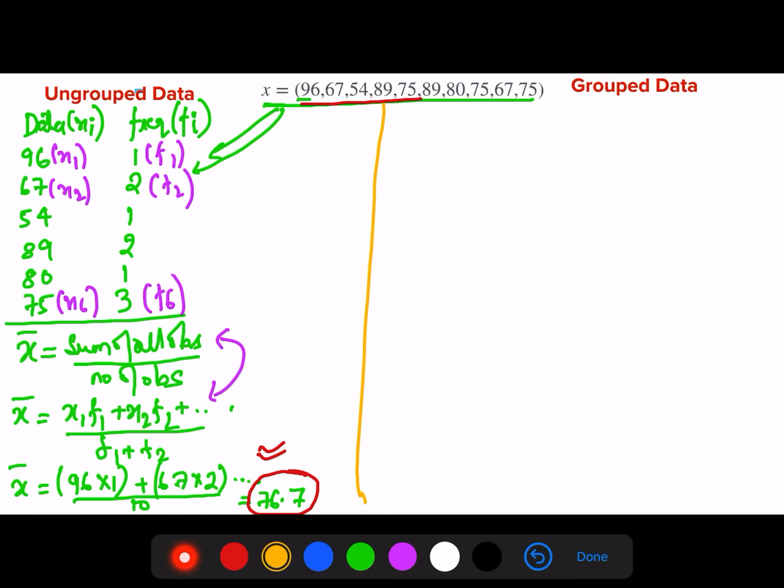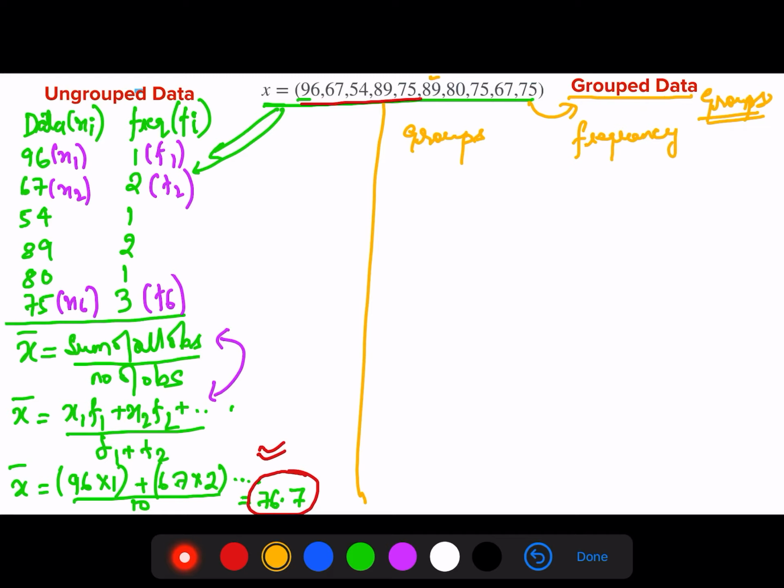Now let's come to what do we mean by grouped data. We can convert any data into grouped data by defining our own groups. As you might have guessed, in grouped data every data point, for example 89, will belong to a certain group. It will not be on its own. So let's say I define my groups, and here I will write its frequency.